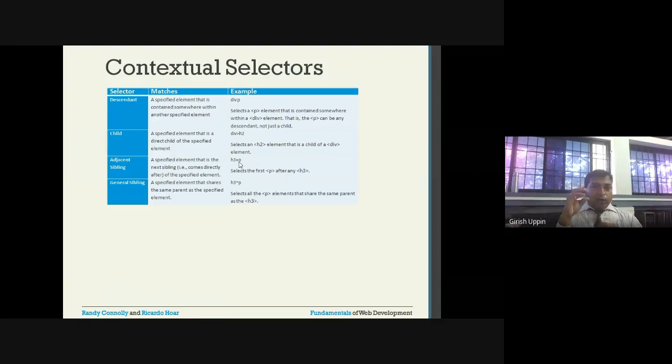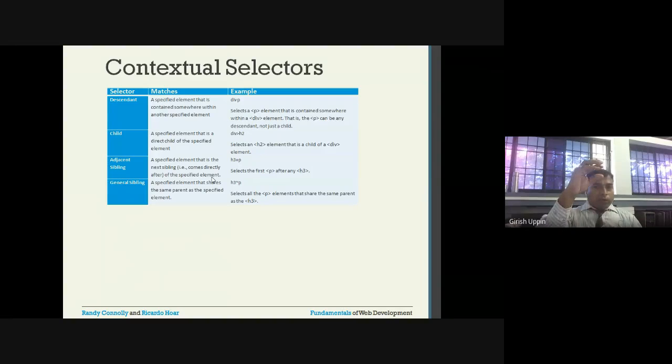Inside the div I have h3, and immediately followed by h3 I have another child p. If that is true, then for h3 plus p, whatever style you have applied will be applied to this paragraph. So it selects the specified element that is the next sibling that comes directly after the specified element. So I have a division, inside that h3 is there, then p is there, then it will apply.